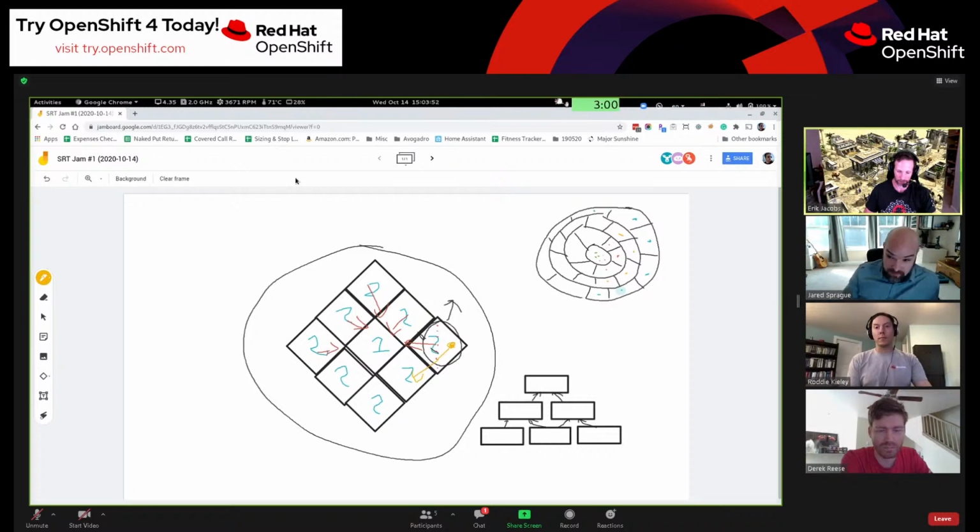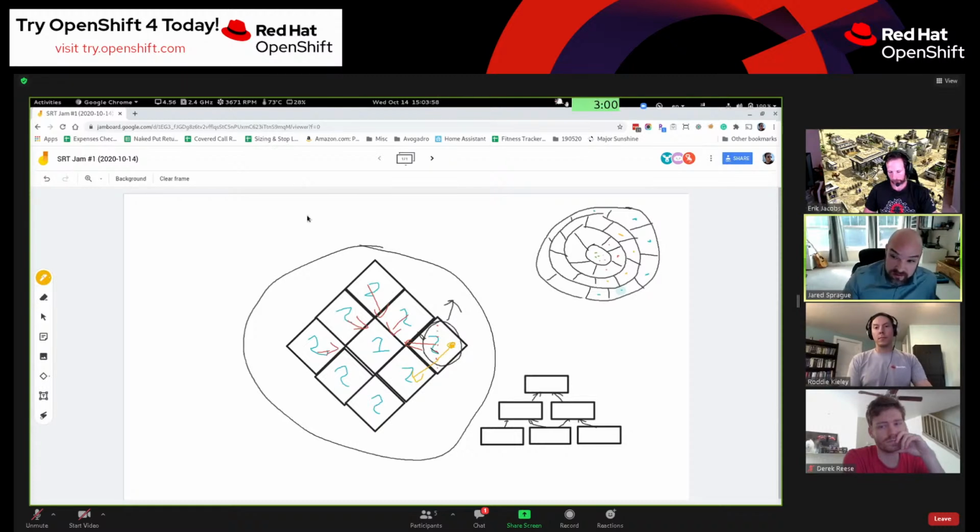See, but if we have a static set of rings, we don't have to worry about what ring you start in. Like if we have 5 rings or whatever, this is 4 rings. When you start, you always start at the outside. Yeah. So, and then this goes back in